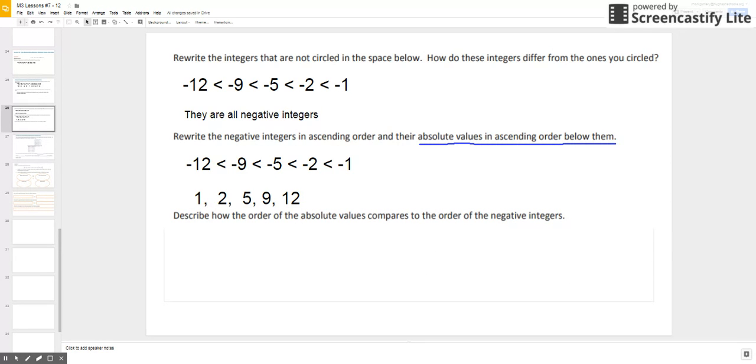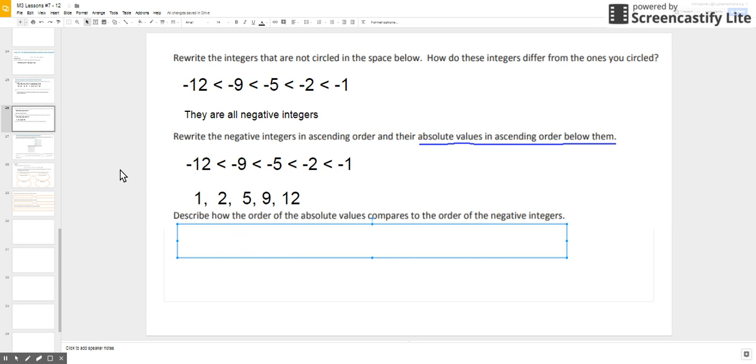All right, hopefully you took a look at this and hopefully you noticed that the orders are opposites. -12 comes first, -9, 5, 2, and -1, and then their absolute values are in the opposite order. 1 comes first, 2, 5, 9, and then 12. So hopefully you notice that the order